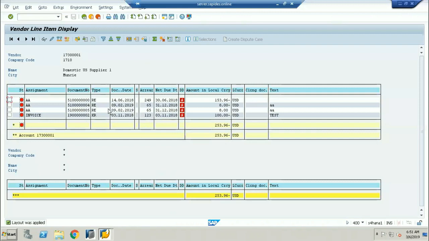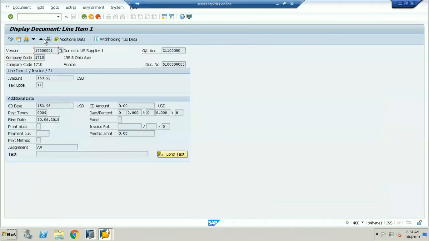Now, if I select this document and click on display, see here, this is called the baseline date.